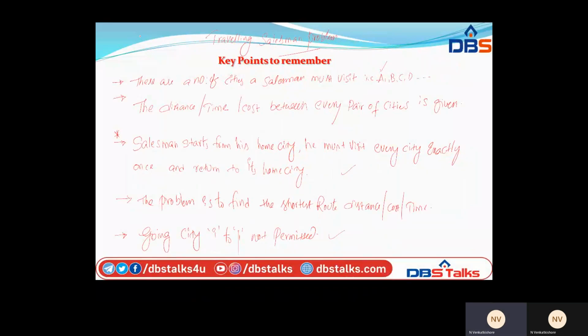But for the traveling salesman problem, we have to remember certain key points.